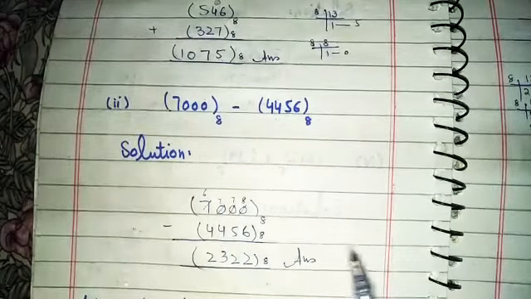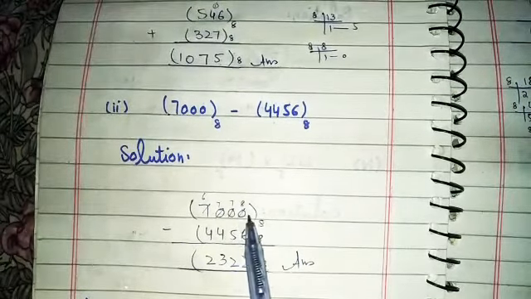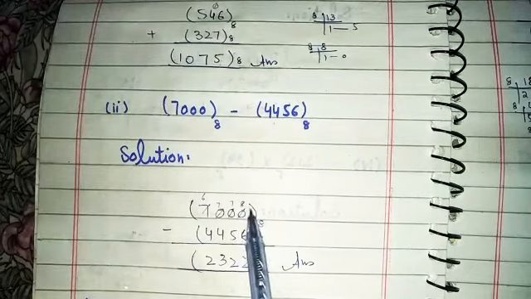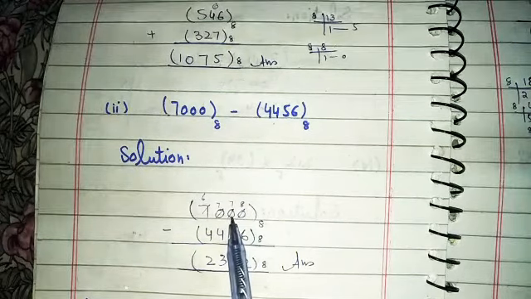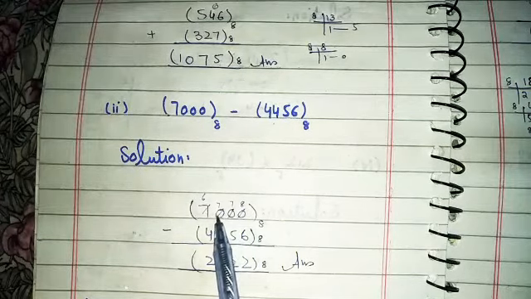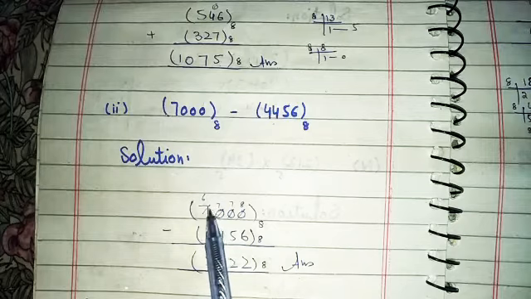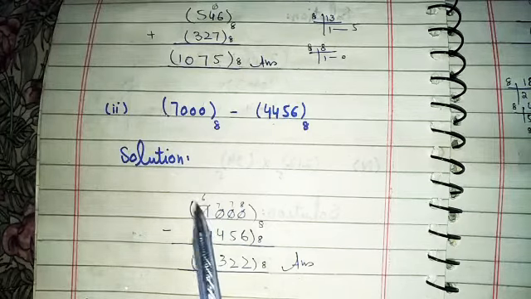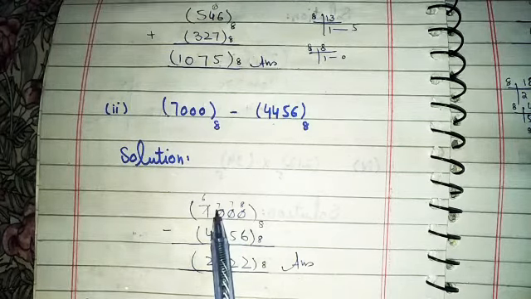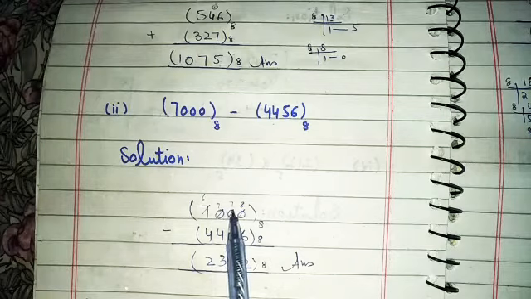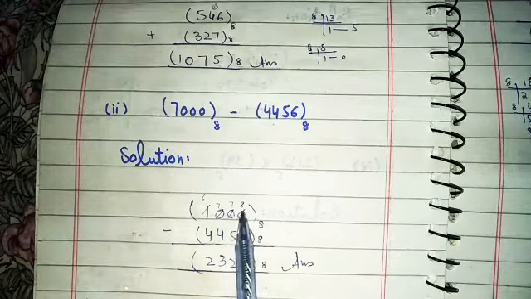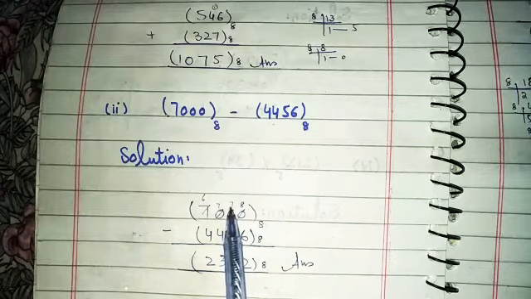Now students, we have to subtract 6, but we cannot subtract 6 from 0, so we will take carry from the next column. Here we have again 0, in the next column we have again 0, and in the last column we have 7, so we will take carry from it. After taking carry from it, here is left 6. Here we gave carry 8, and from here we will give carry to the next column. So here we left 7. From here we gave carry to the next column. So here we have 7.